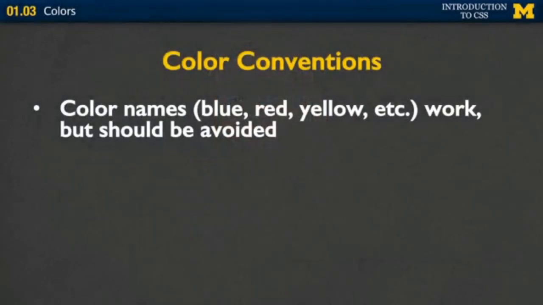red, yellow, etc. These work and they'll show up fine on your page. The problem is that it's not consistent across the pages. What's yellow to one browser is not the exact same shade of yellow to another browser. So in general, we avoid color names when your final project is coming up. When you're just coding and hacking away and you just want to pop something up on the screen, no problem. Use blue or red or yellow. But then later, what you're going to want to do is change to one of these two other conventions